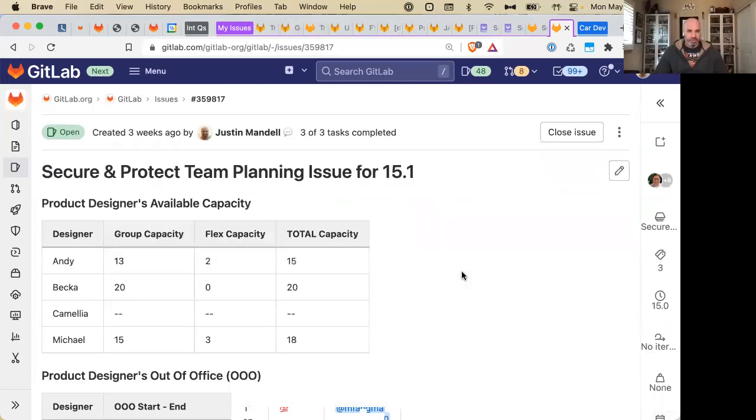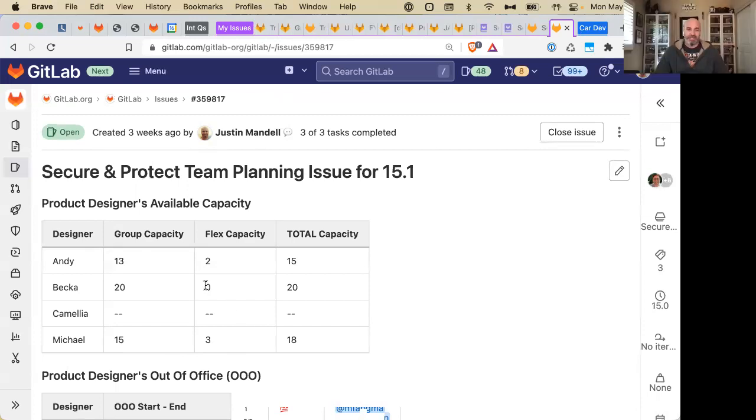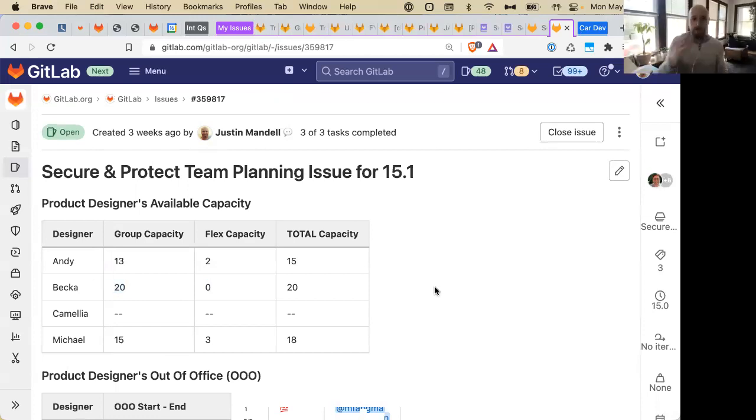So let's see. Looking at your time, 15.3. These are reasonable numbers. I should have asked Becca this question too, so I'll go back to you on that. Are you comfortable with these numbers? Yeah, it should be good. Okay. I noticed you don't have anything open for stuff that comes up, and this is a pretty high number. How are you feeling about that?